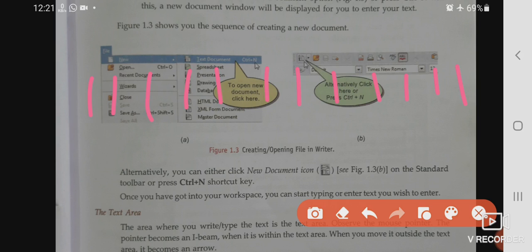The words will not go further. Automatically the cursor will come down like this, and then you will be able to write in the next line. So this feature of Writer is known as word wrap.